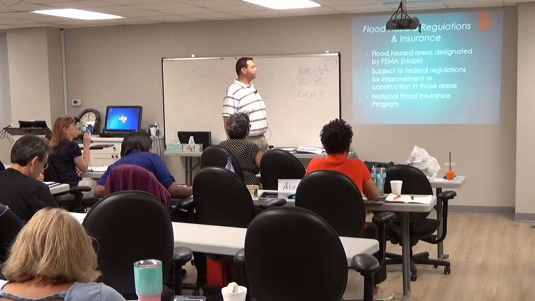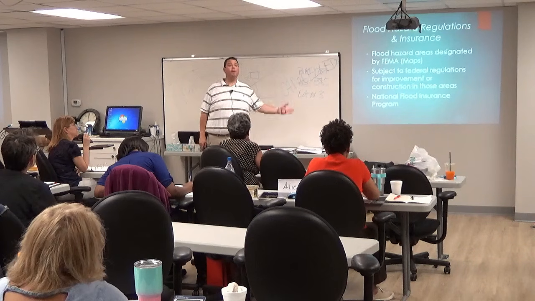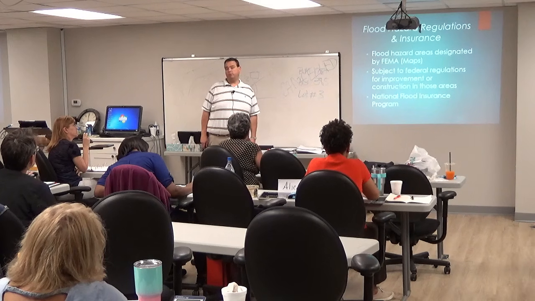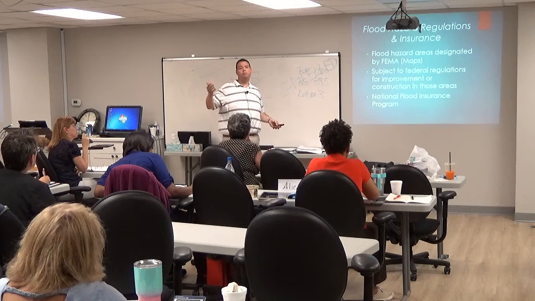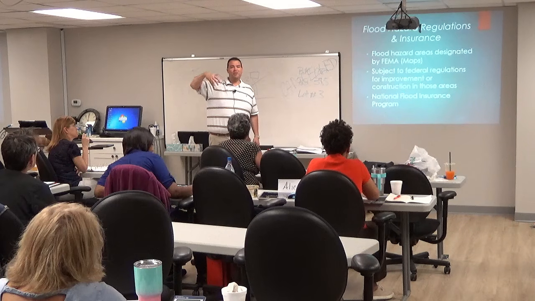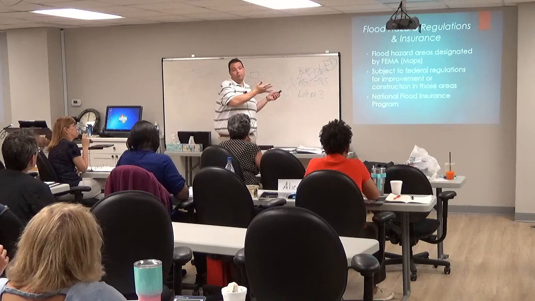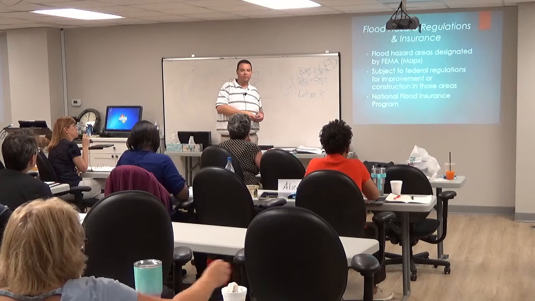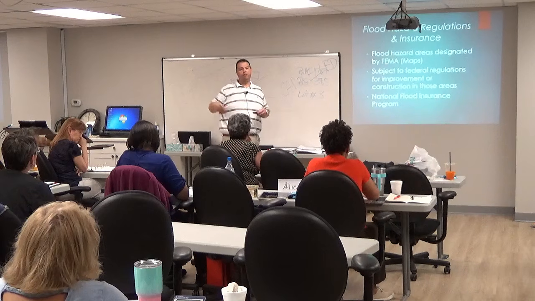Now, when you're listing a property, you should do the research so that you can tell buyers that this property is located in a flood hazard area or some portion of it, because it may not be the whole property. They don't do it by property lines. They draw the flood map. So you could have 3 or 4 acres on the back of a property that's located in a flood hazard area, but the home itself be on the front part of the property, which is not. So it doesn't necessarily impact the entirety of a property.